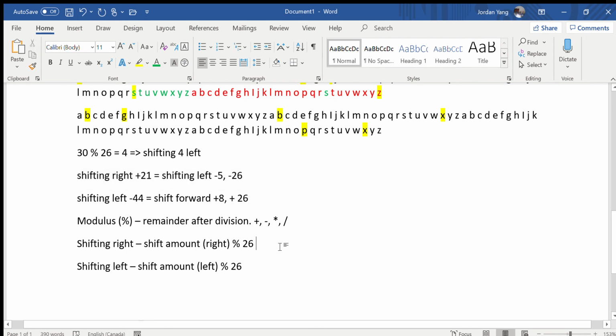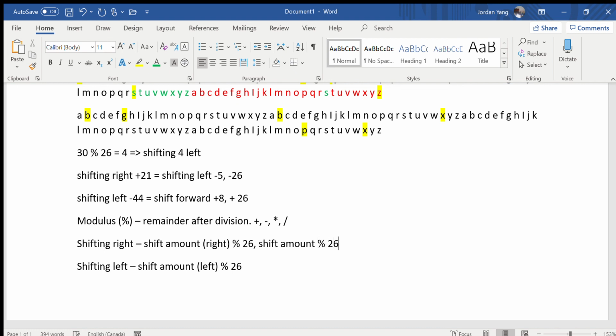So when the position of one letter is actually behind the position of that letter when we're adding, we actually need to do it as follows. Shift amount